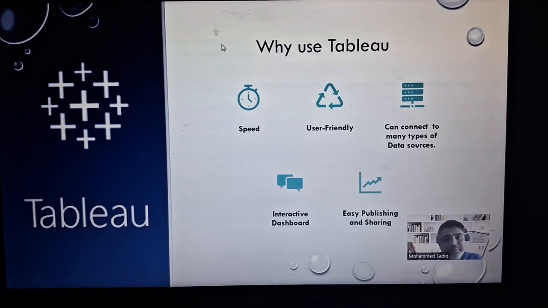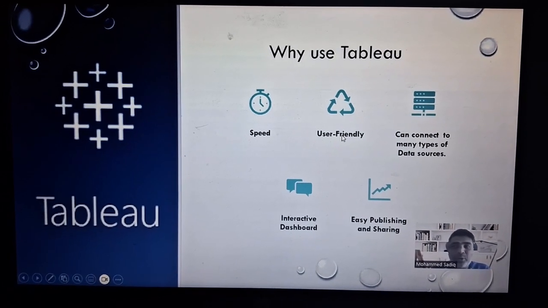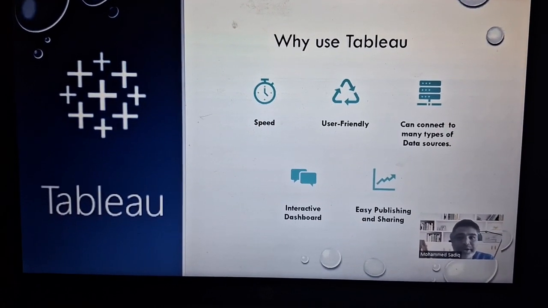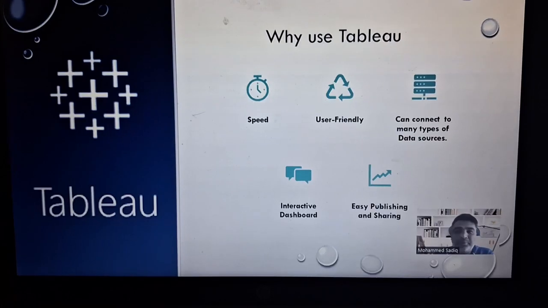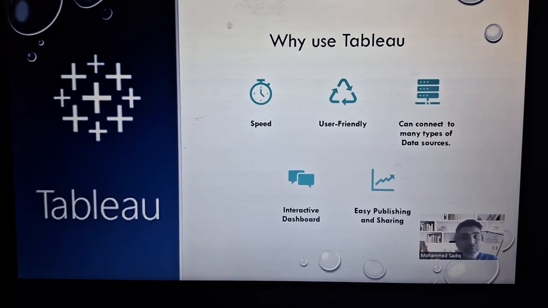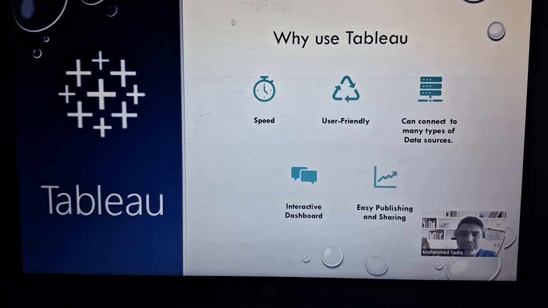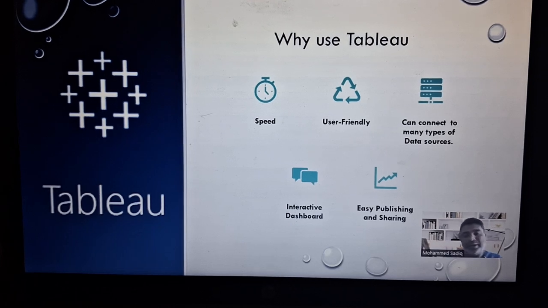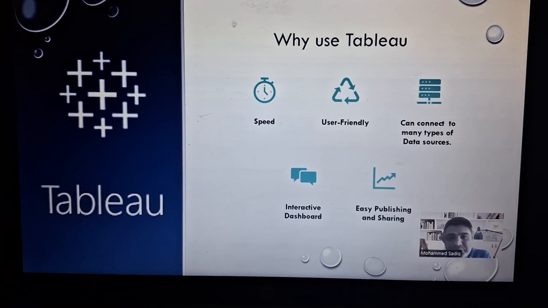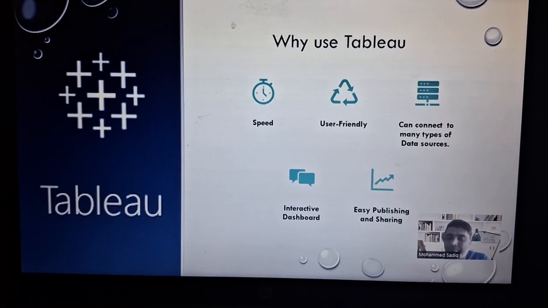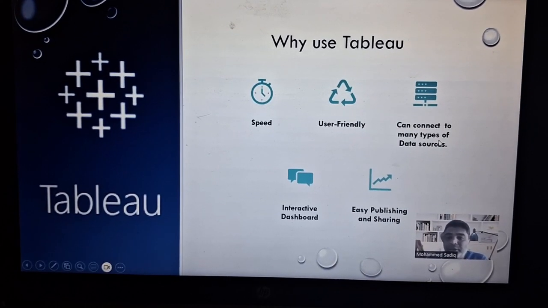It's very user friendly. What I mean is, when you're working with this and you want to create data visualizations, it is almost like Excel skills. If you are well versed with Excel, pivot tables and charts, here we have a similar kind of drag and drop tool with the help of which we can create the visuals and dashboards, and connect to many different types